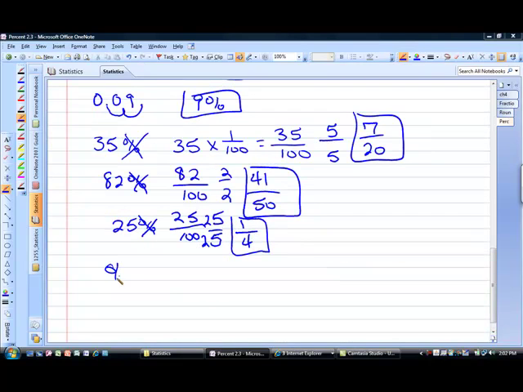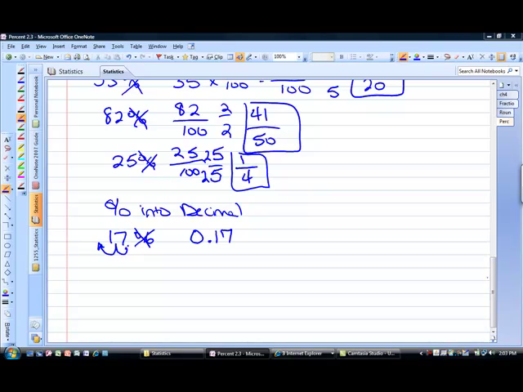Move a percent into a decimal. We want to eliminate the percent sign and move the decimal 2 places over. So converting a percentage to a decimal, if we have 17%, eliminate that percent sign, we have an automatic decimal here, we know, and we move it over to the left 2 places, so we have 0.17. If we have 3%, again, eliminate that percent sign, move it over 2 places. You're going to add a 0, we'll have 0.03. If we have 5%,